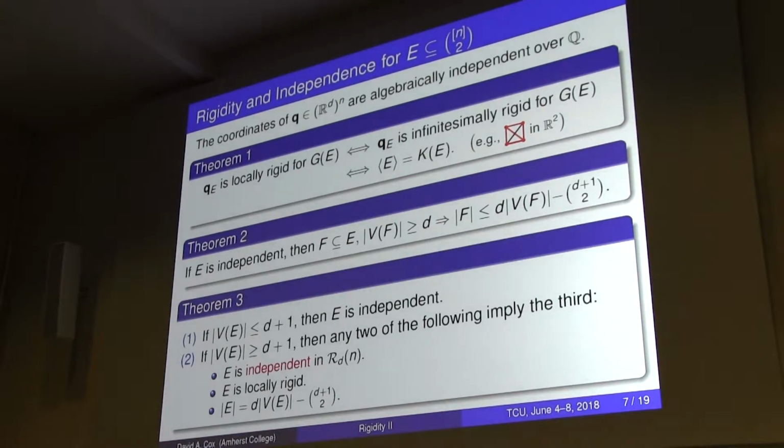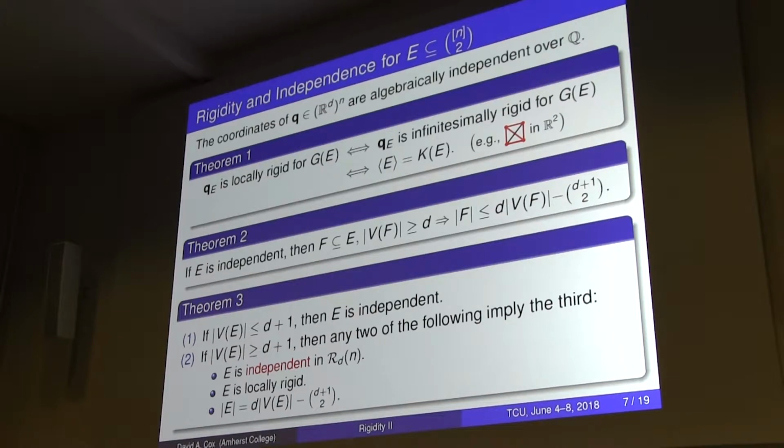And then another one is that suppose I take a subset with less than or equal to d plus 1, well then it turns out it's just independent, and that's again because of this algebraic independence. There's just not enough room to get in the way of each other. But once I have more than that, then I'm in a situation where this matroidal, I have three questions I